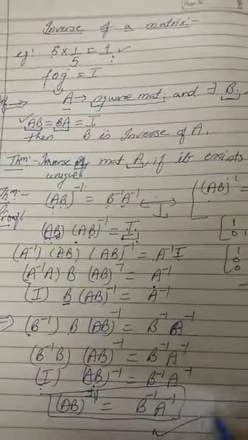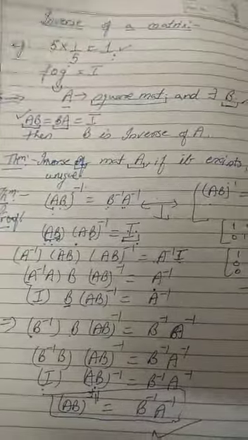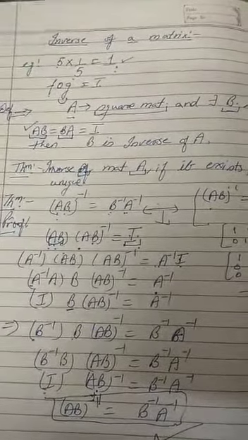Now we will move to the important topic, how to find the inverse of the matrix, right? Here we will discuss elementary operations. So why is the word elementary operations there? Because we will be applying these operations on the rows of the matrix or the columns of the matrix to find the inverse of the matrix, right? Now what does it mean to find the inverse of the matrix? Let us understand that first.